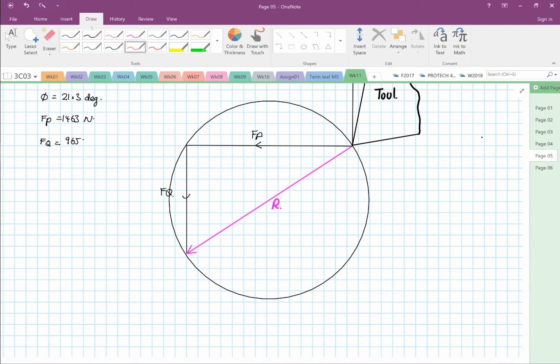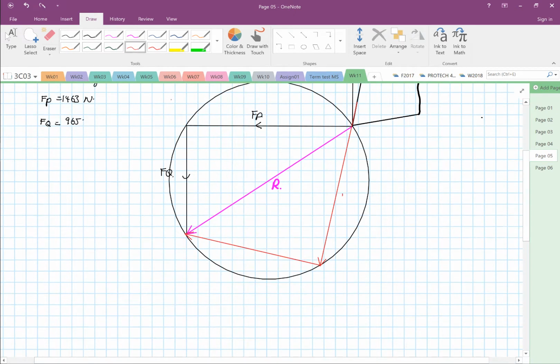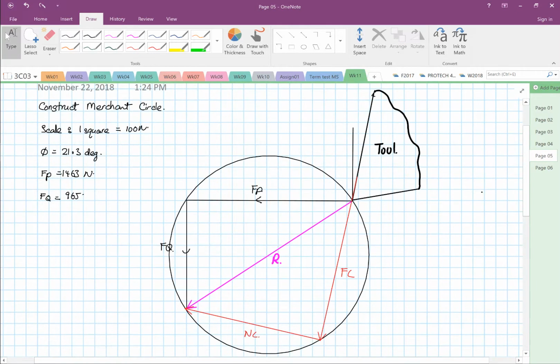Okay, so this is your FC line, and then you can construct your NC line. Okay, so this is going to be your FC line, your NC line. Then you know that the shear angle is 21.5